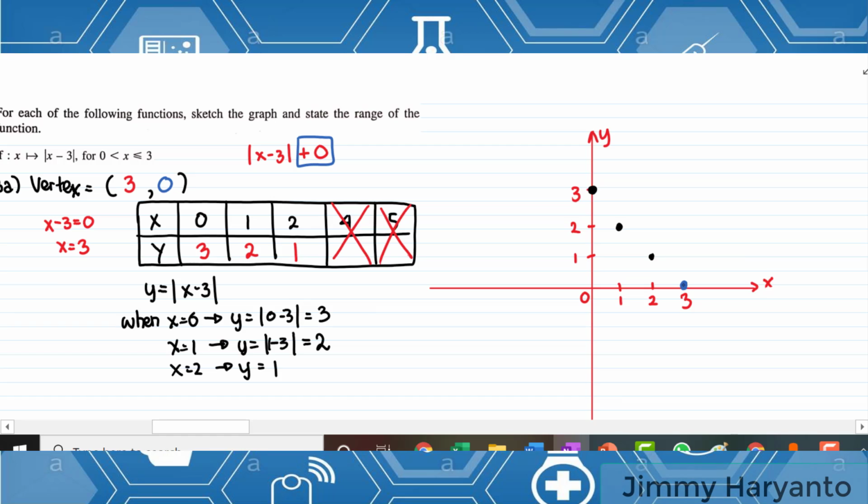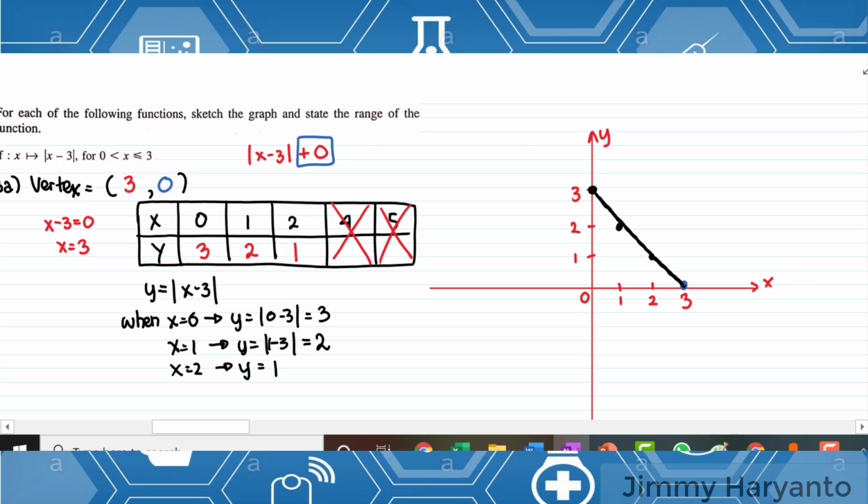So, and then you have to connect all of the dots using a line. Yeah, a line like this. Okay, draw it in your graph paper. Okay, so it will be more neat.